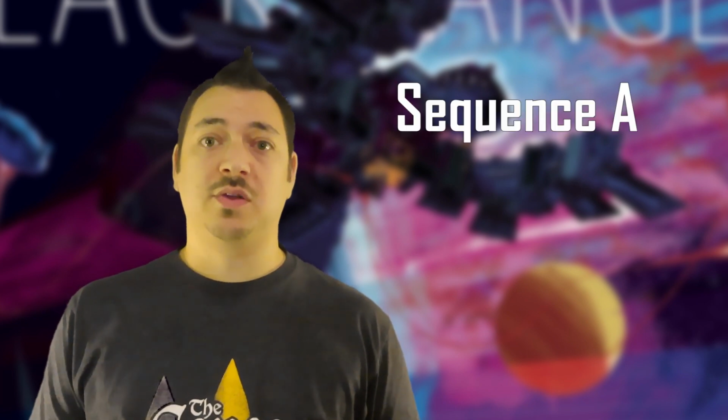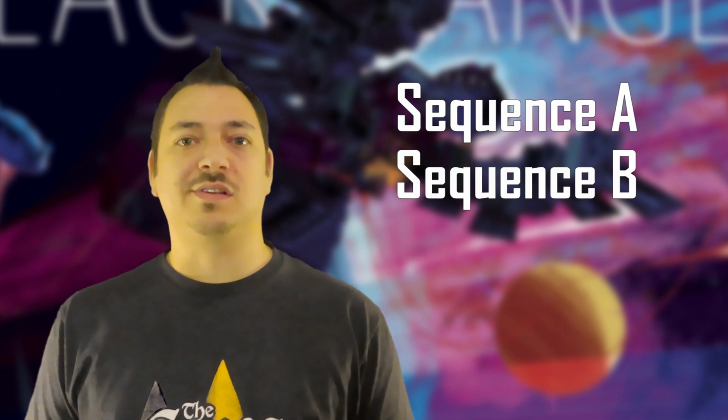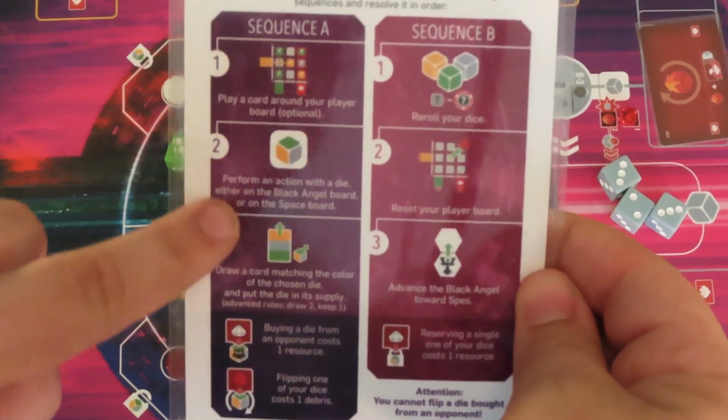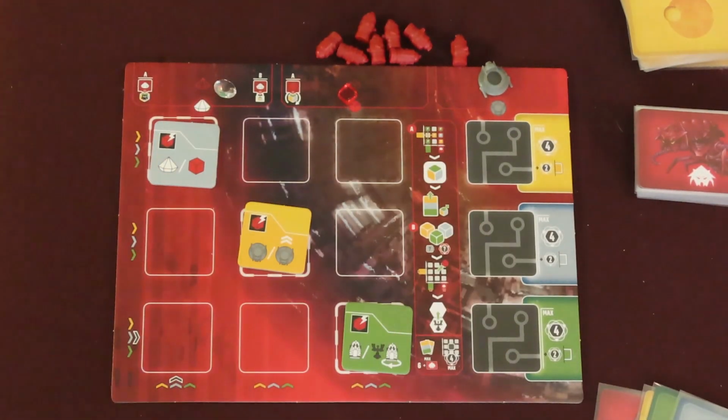Black Angel takes place round after round in turn order. On a player's turn, they must do one of 2 sequences. Sequence A, which is your standard turn, and Sequence B, which is kind of a reset turn. The player aids show you what order to do things in each sequence. In general, Sequence A lets you activate a row or column of technology tiles on your board, and take an